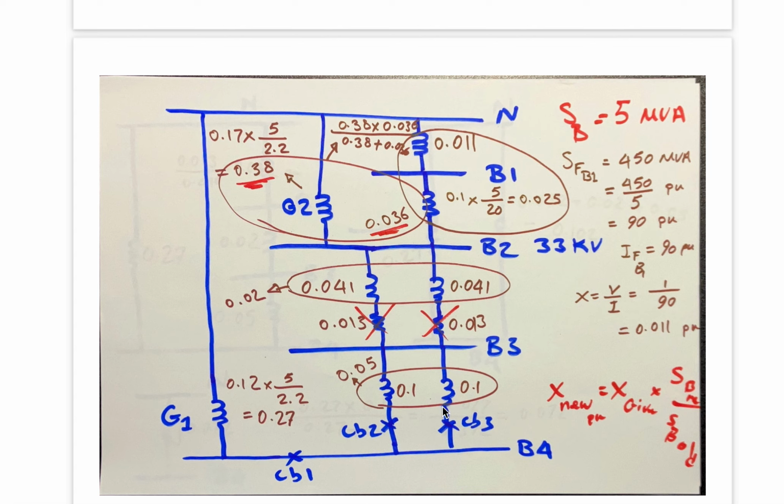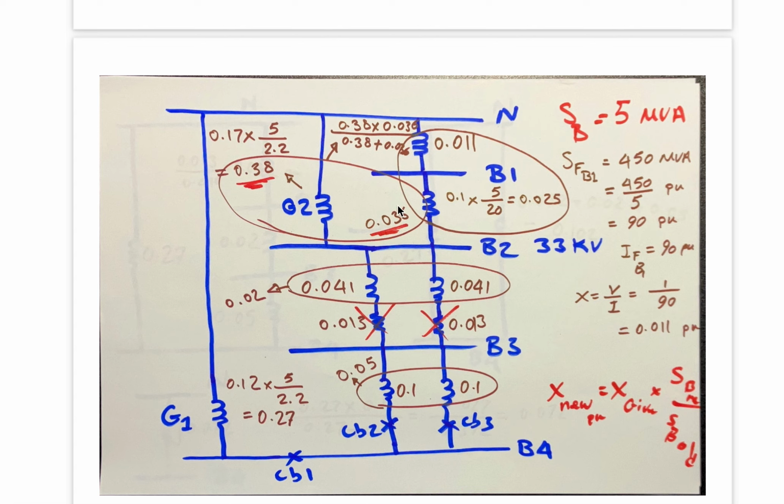And these two. Well, you know, when two reactances or impedances are parallel and they have equal values, you can replace them by half of them. So if these two are 0.1, 0.1, you can replace them by a single reactance with 0.05 per unit. The same for these two reactances. So you put half of them. But here we need to firstly add 0.011 to 0.036,